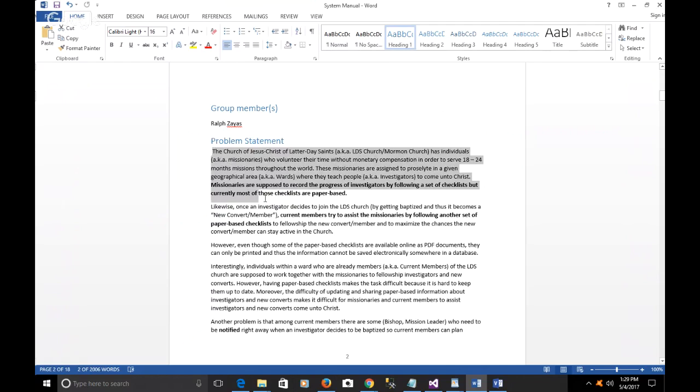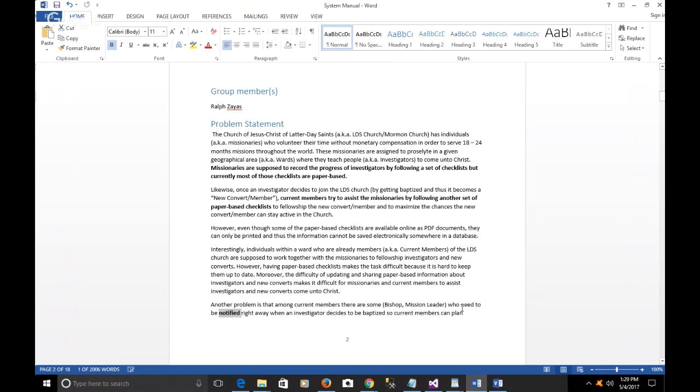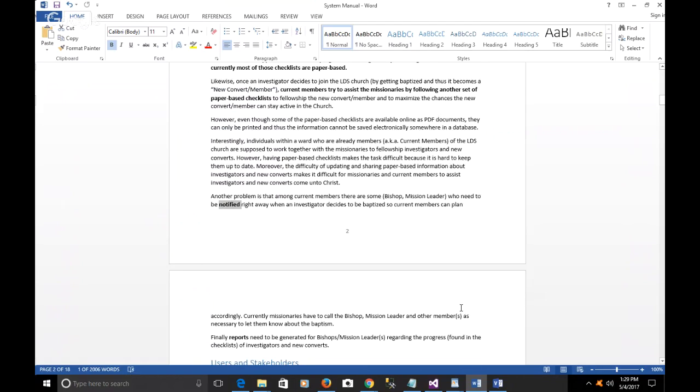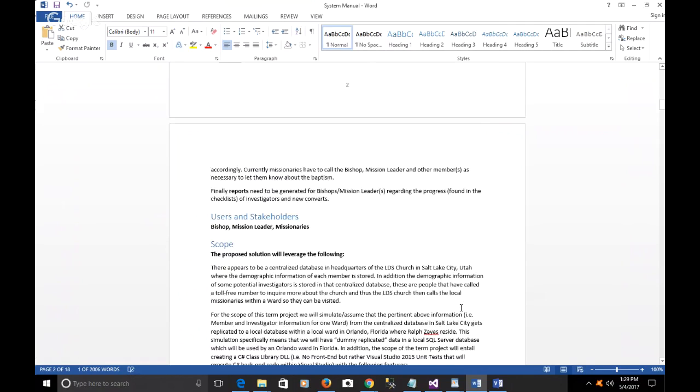So that's the essence of the problem statement, that we want to basically create some checklists for investigators or new members. We want to create some reports for the leaders so that they can know that progress, and set up some notifications for the leaders when a person decides to be baptized into the LDS Church, or the Church of Jesus Christ of Latter-day Saints. The users and stakeholders, like I mentioned in the use case, are the bishop, mission leader, and the missionaries. And the scope,